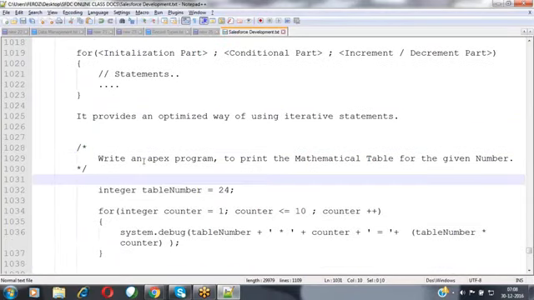Clear? Now, in tomorrow's session, we are going to be discussing some more features, like a concept called arrays. What exactly are arrays? What is the use of arrays? How to define an array? How to manipulate the elements inside the array? We'll see practically. And after that, we will go for the object-oriented programming concept. What exactly is an object? What exactly is a class? What are the fundamentals of object-oriented programming? So we'll see practically over there.